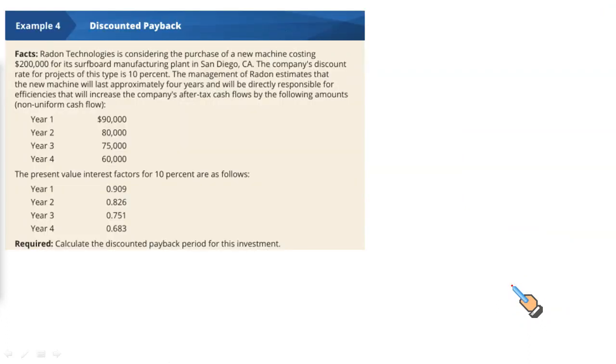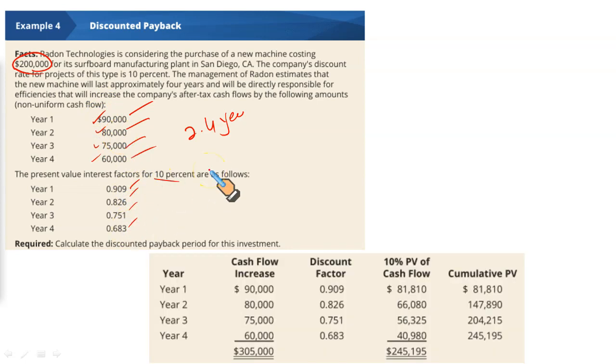So let us do a simple question that will explain the idea of discounted payback period. Take this example. There is a project that requires $200,000 investment, and these are the cash flows in years 1, 2, 3, 4. In the previous version of this question, we simply took negative $200,000 and added these numbers, and we determined our payback period to be 2.5 years. What you are going to do now is calculate the present value of these future cash flows by multiplying them with the discount factor at the selected discount rate. They have taken these cash flows 90, 80, 75, 60 and multiplied them with the discount factor. These are now the present values of the cash flows in years 1, 2, 3, 4.